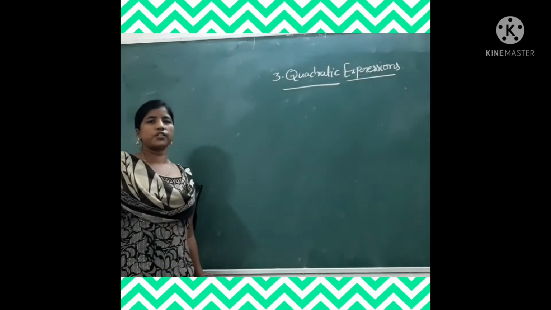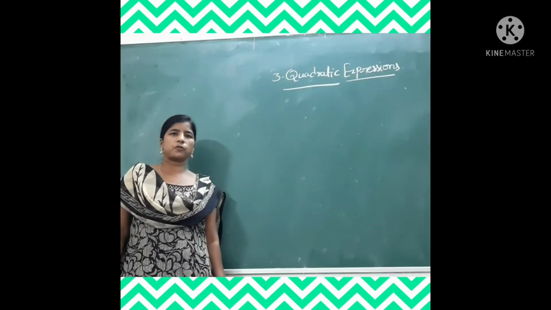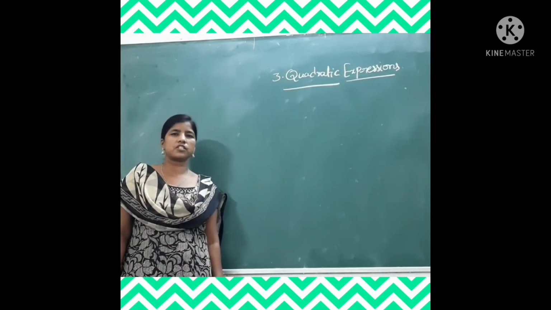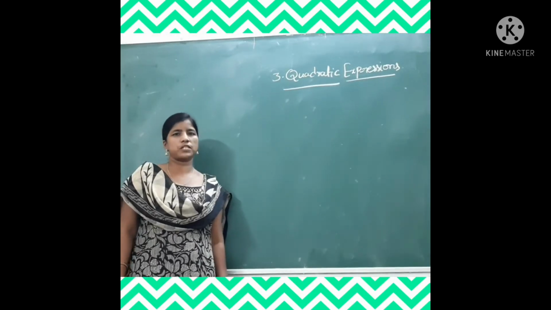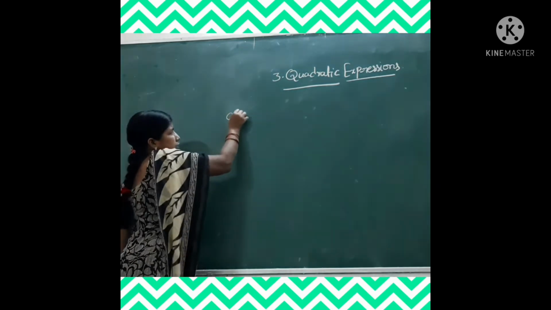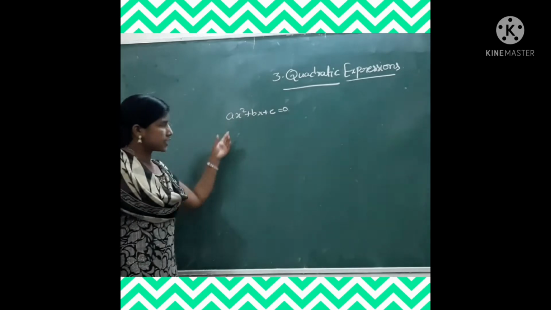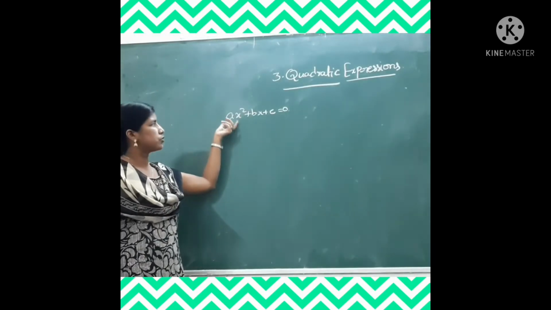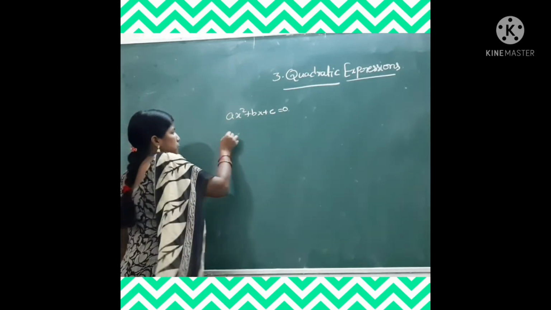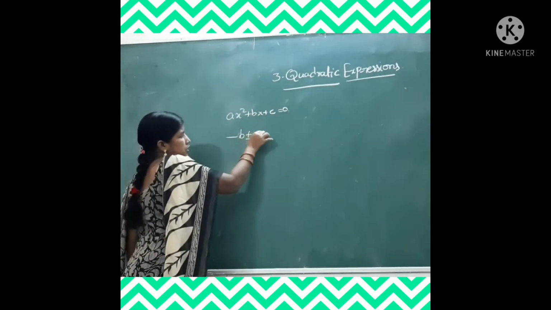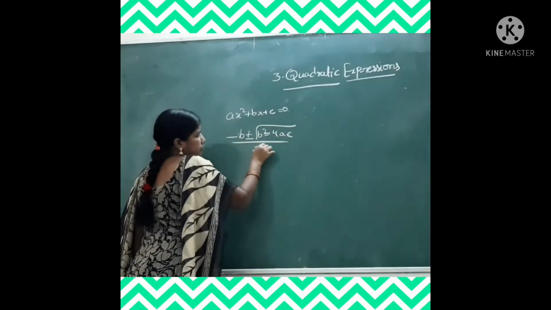Okay, in this lesson we have already completed roots of the equation. What about roots of the quadratic equation? The general equation of the quadratic equation is ax square plus bx plus c is equal to 0. With this equation we find out the roots, in the form x equals minus b plus or minus square root of b square minus 4ac, by 2a.